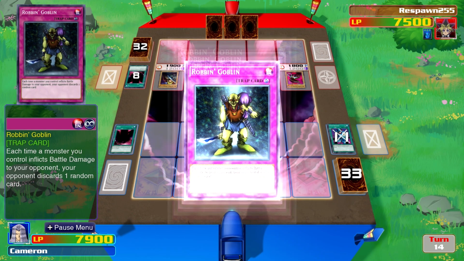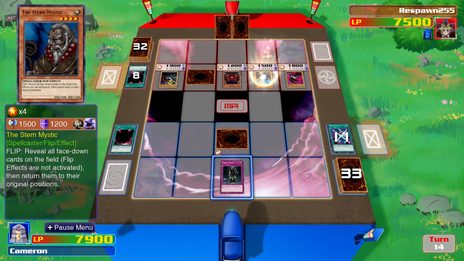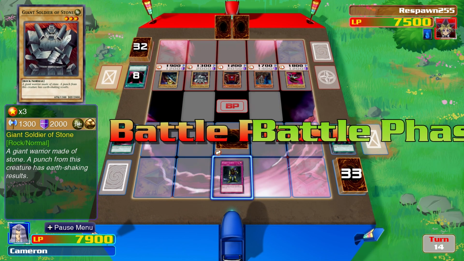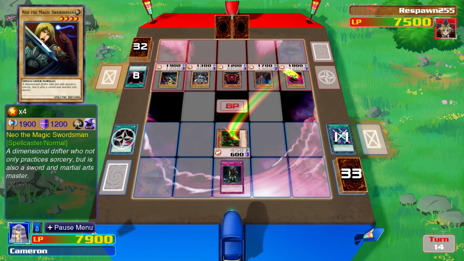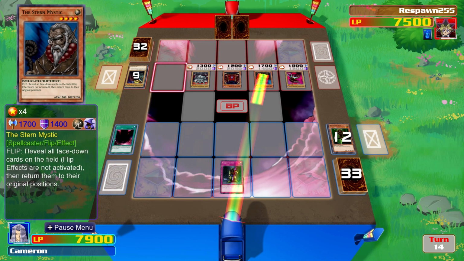Robin Goblin has been flipped face up. Alright, there is the Stern Mystic. Again, 5 monsters on Yugi's side of the field. Giant Soldier of Stone was the other one. He is likely going to attack with Neo. Or Man-Eating Treasure Chest. Man-Eater Bug has flipped up. He will destroy Neo the Magic Swordsman. But this is looking very grim for Pegasus. He is about to lose...